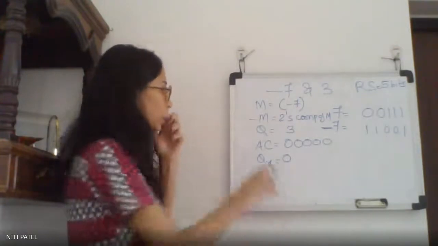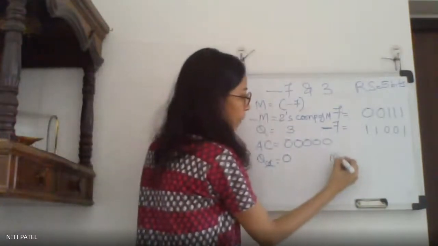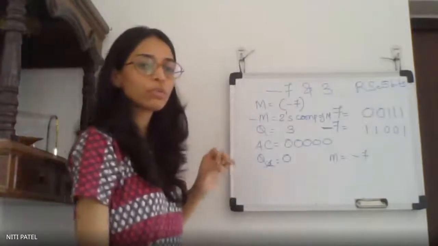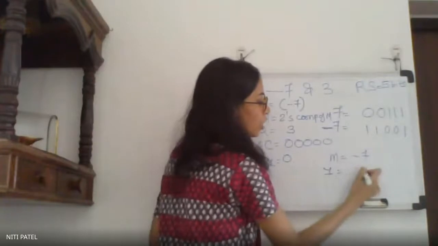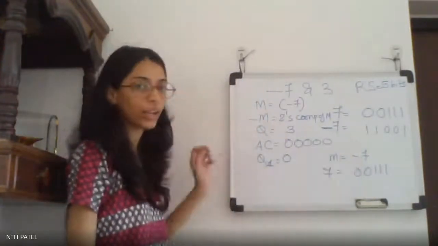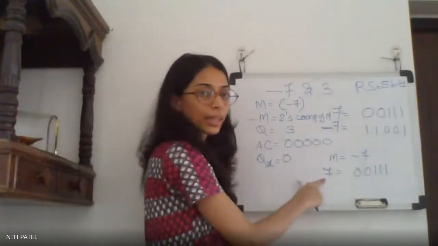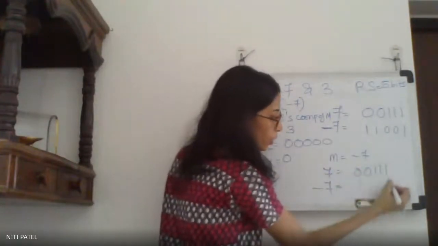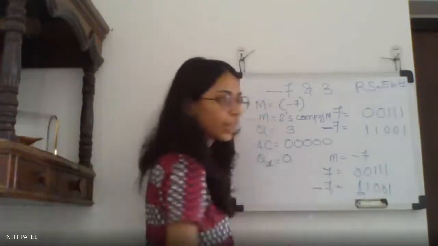Okay. So what we do is we first convert M into binary. What is your M? M is minus 7. So to find minus 7, we first write the binary of 7. What is the binary of 7 in 5 bits? 0, 0, 1, 1, 1. Now if I want to find minus 7, I will do 2's complement of the original number, that is 7. So your minus 7 is 2's complement of 7, which is 1 as it is, 0, 0, 1, 1. Why this 1? Because it is the sign bit, negative over here.